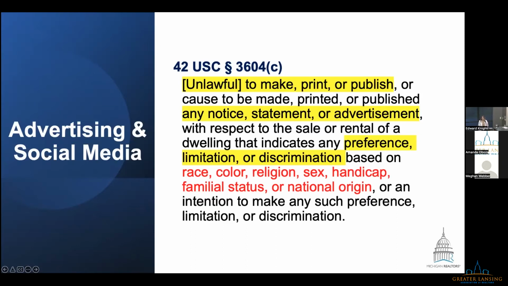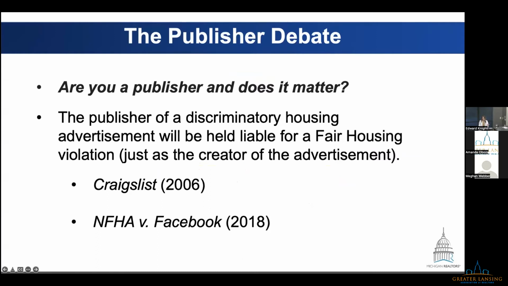And what this means, unfortunately, is that this new method of marketing has raised a lot of new legal questions that we're still trying to figure out the answers to. One of those new legal questions is who is considered the publisher of an advertisement when that advertisement is posted on social media. And this idea of publisher status really matters because if you publish a discriminatory advertisement for housing,